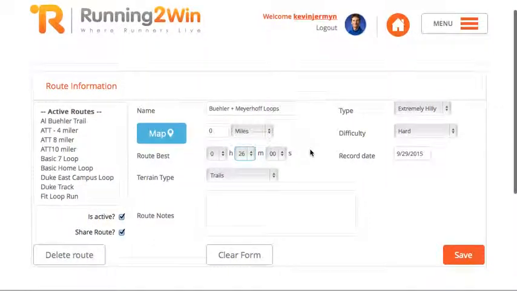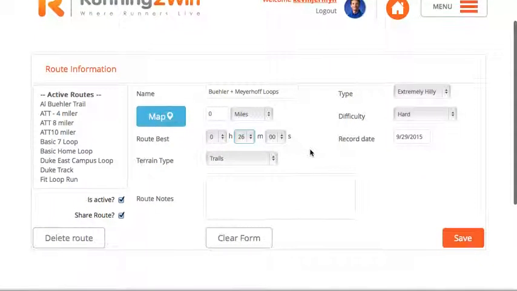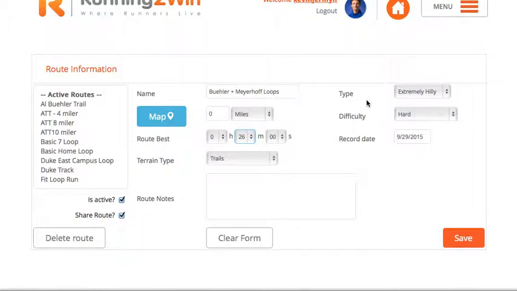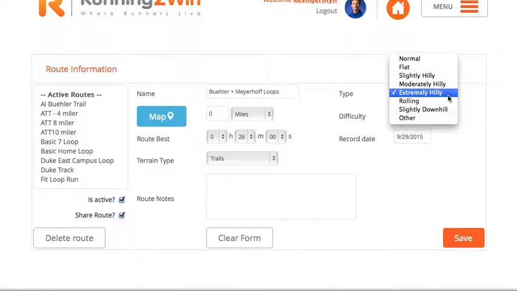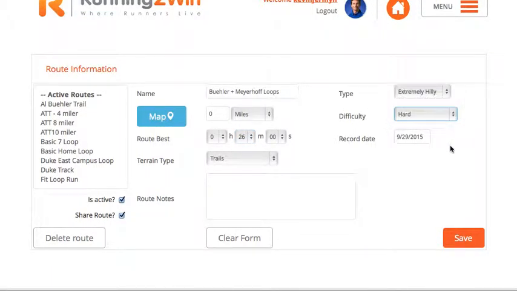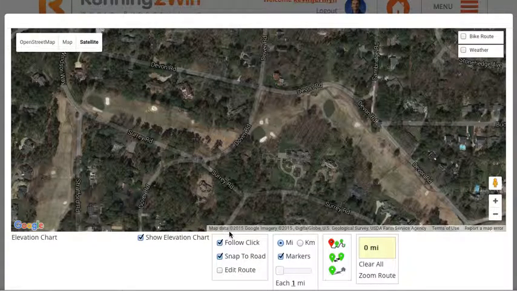Alright, so I've pre-filled in some data here. I put in the name, the type of course, difficulty, route best time and the date, terrain type. You can also put some notes in here. But most important, I'm going to show you how you can map out this run using Google